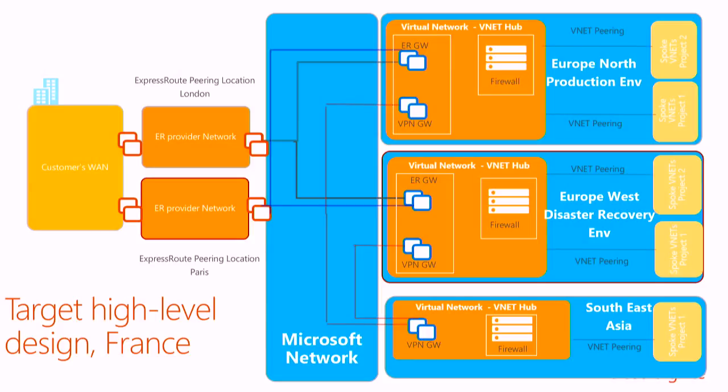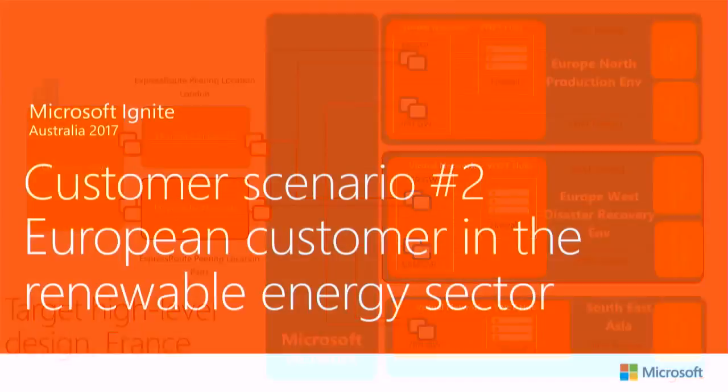The second one is another point that we tend to miss a lot. If you see Southeast Asia connecting to the other regions, it makes you think that Southeast Asia might be able to use the connection that is available in these regions and connect to on-prem, which is not the case, because there is no explicit routing that is possible between a VPN gateway and an ExpressRoute gateway. So think about it when you have to do this, and there are multiple ways to tackle that, but make sure that you don't assume that the connection can be used just because there is pretty good connectivity between these regions. All right, with that, let's move to the second scenario.